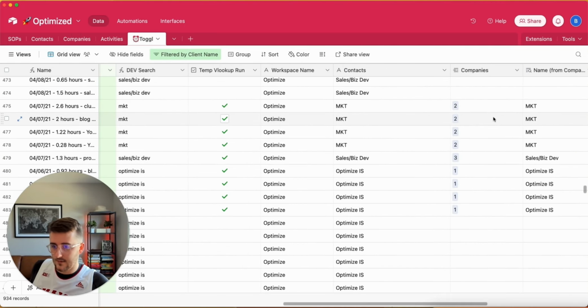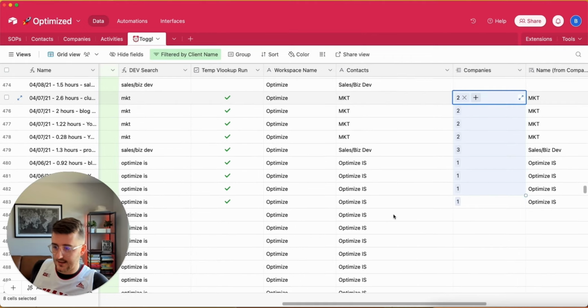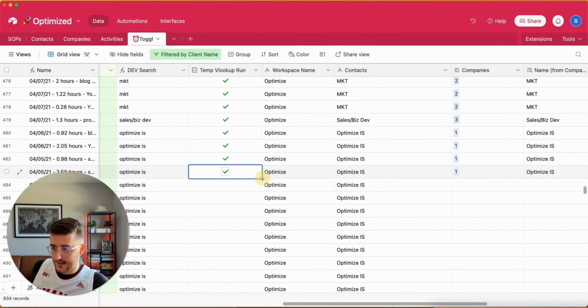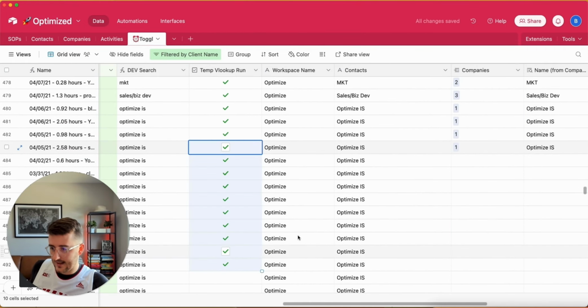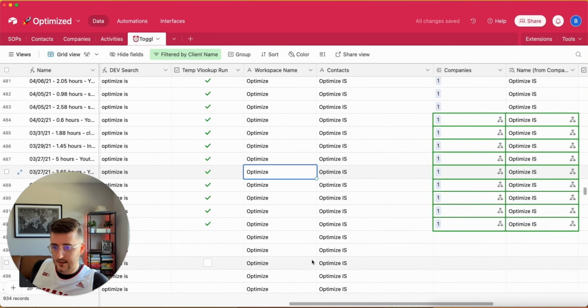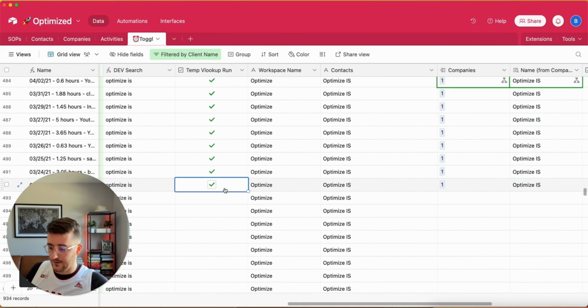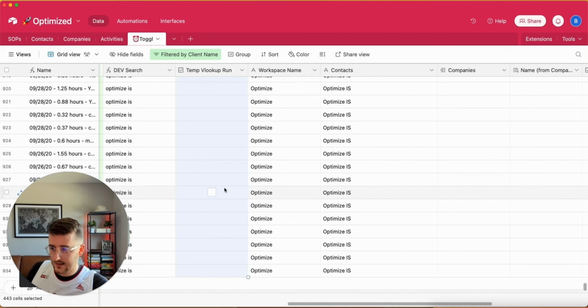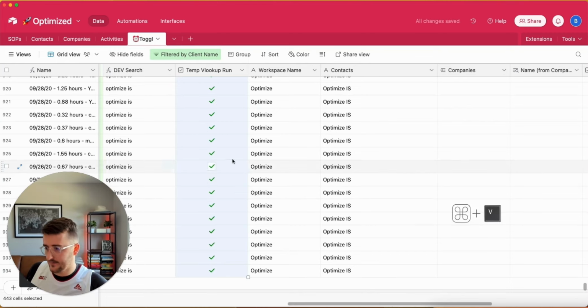And in toggle, it didn't duplicate them. It just linked them all to the right one. Now I can drag it down for Optimize, and it links to all of them. And what I would do if I was doing this for all of these is I would just copy this checkbox, Command Shift down to highlight all of the rest of the checkbox fields,